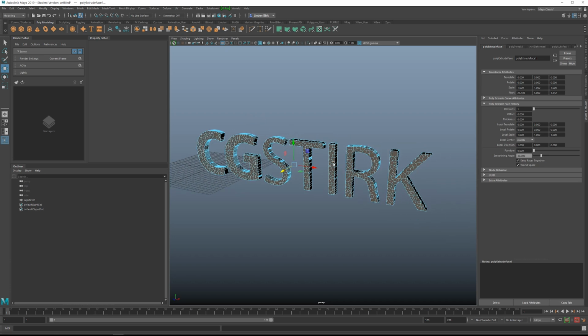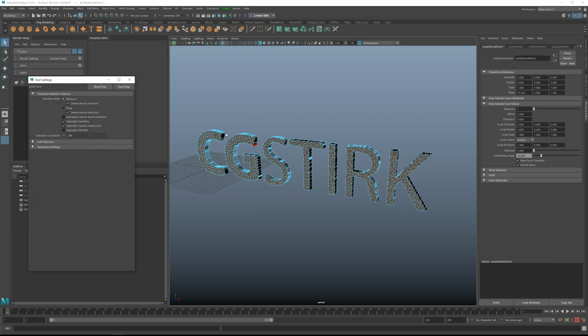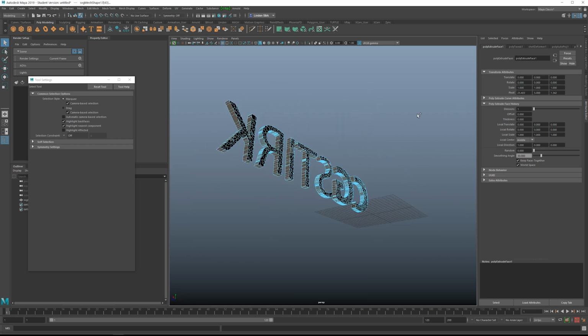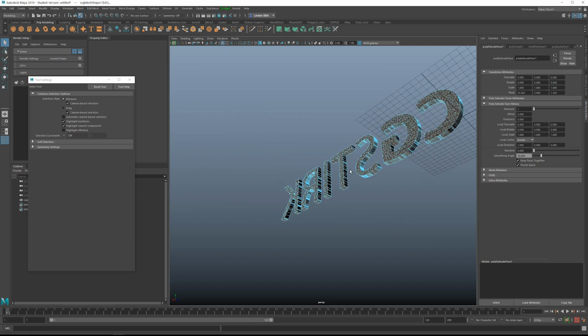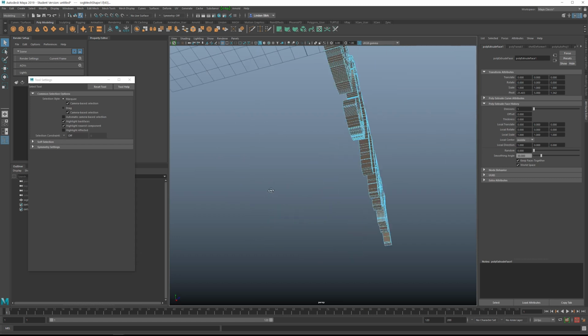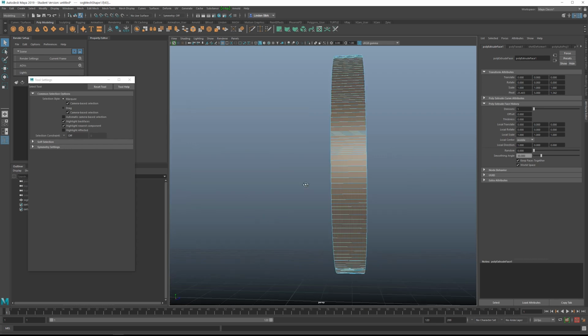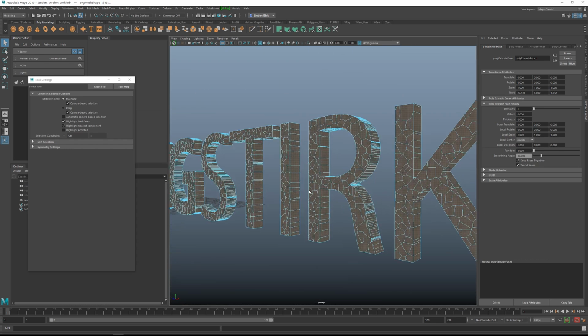All right, so the next thing we want to do is make a selection of all the outside faces so we can make the outside be a different material if we want to in Element 3D. So if you want all your pieces, both inside and outside, to have the same color or the same material, then you can omit this step. Otherwise, you want to go over to your select tool, double click it, make sure camera-based selection is on, and then hold down the Shift and Control keys, and then just select all of these outside faces. Just orbit around, make sure you've got everything. Go back here. This is probably the easiest, fastest way to do this, although it does require that you just make sure you've grabbed everything.